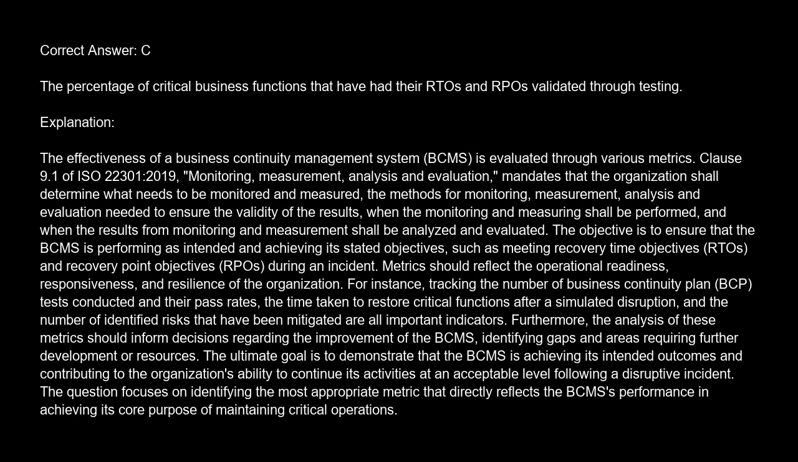The correct answer is C. The percentage of critical business functions that have had their RTOs and RPOs validated through testing. Explanation. The effectiveness of a business continuity management system, BCMS, is evaluated through various metrics. Clause 9.1 of ISO 22301:2019, Monitoring, Measurement, Analysis, and Evaluation, mandates that the organization shall determine what needs to be monitored and measured, the